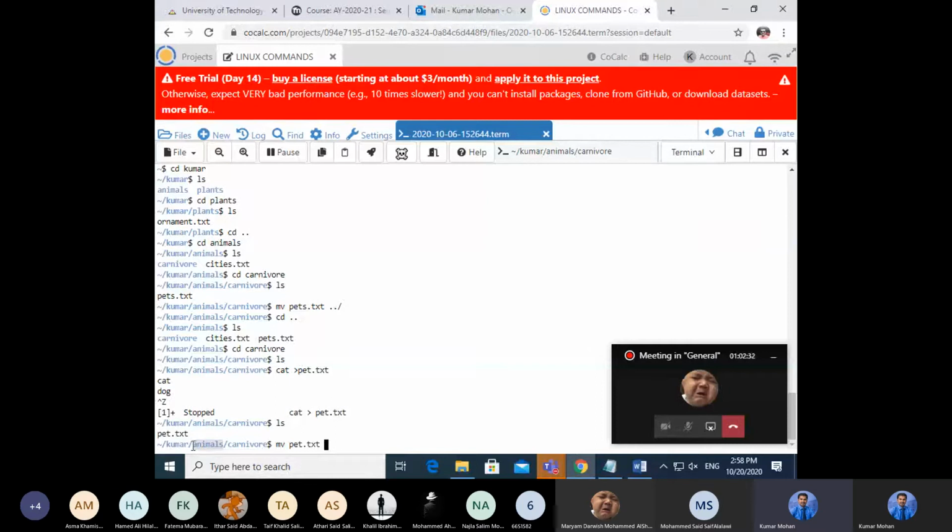So that means if you want to move to animals, you will give dot dot slash. Again, I want to move to Kumar, so dot dot slash. Two times I want to give. You understand now? Do you understand? Yes. This dot dot slash is to animals, and this dot dot slash is to here. If you have another directory, again I will give dot dot slash.